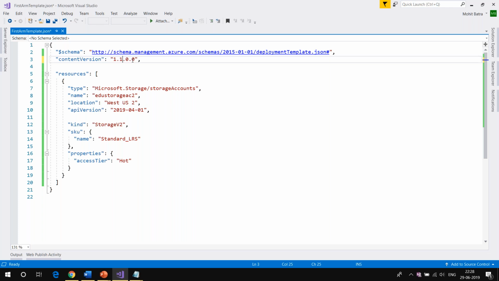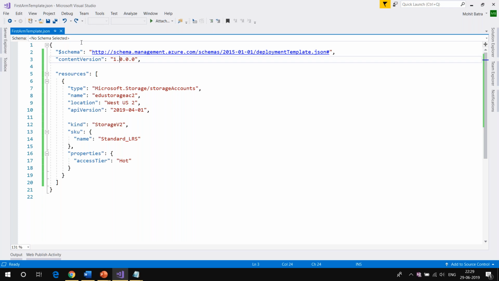1100. So this is only for you to maintain. This is not going to be deployed in Azure. It is only for your JSON document. Some people want to maintain a version number for their files. So whenever you are creating a newer version of your JSON document, let's say you are adding more resources here, you will create a new content version and then you can check it in, right? But if you don't want to change it, that's still okay because it does not impact your deployment.